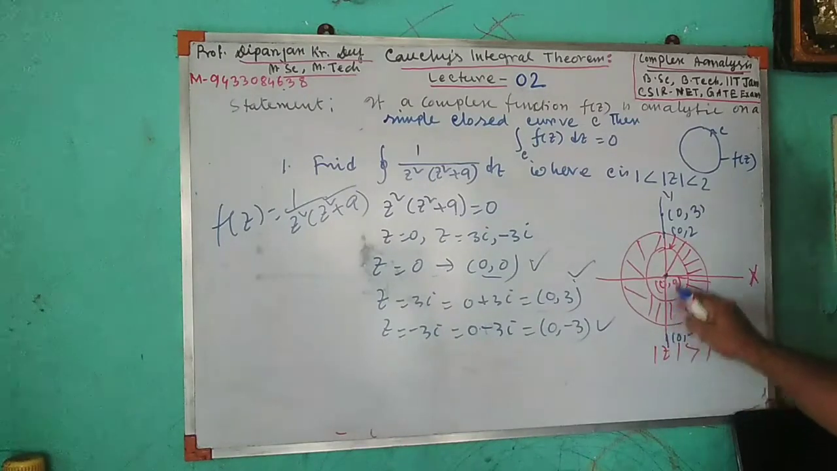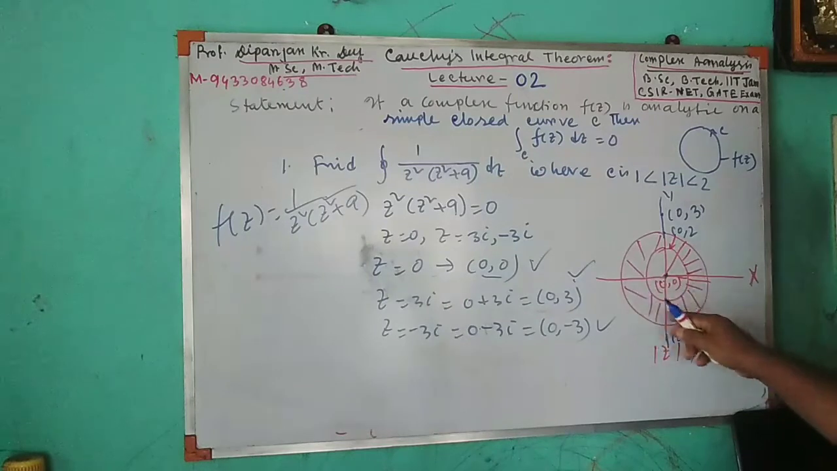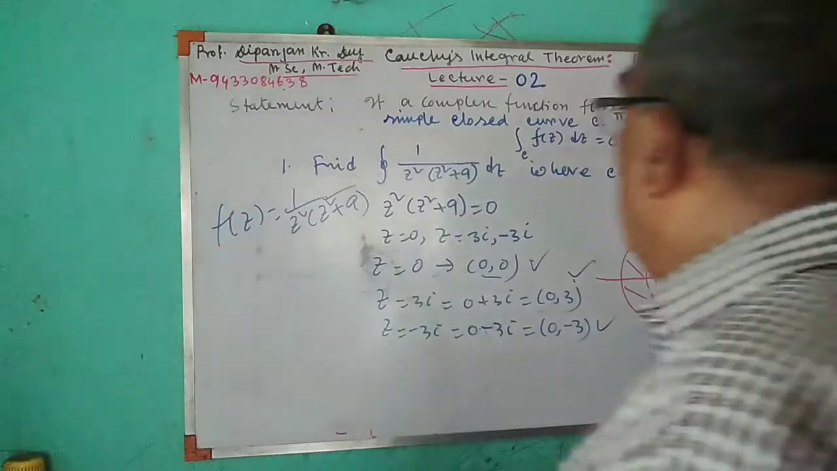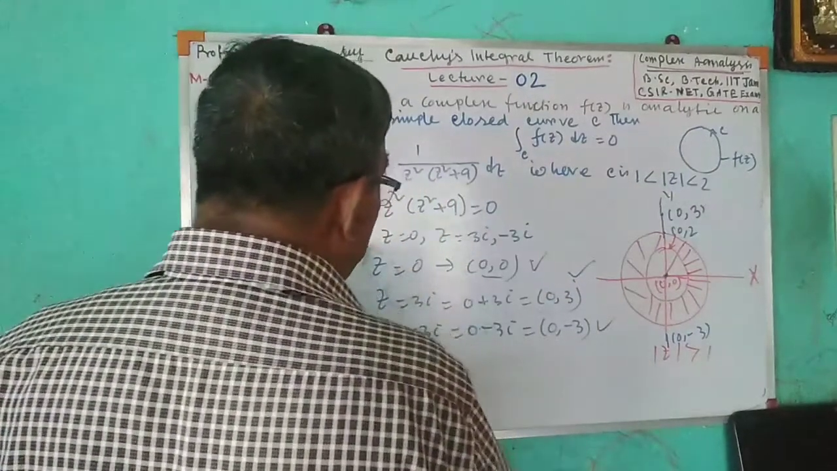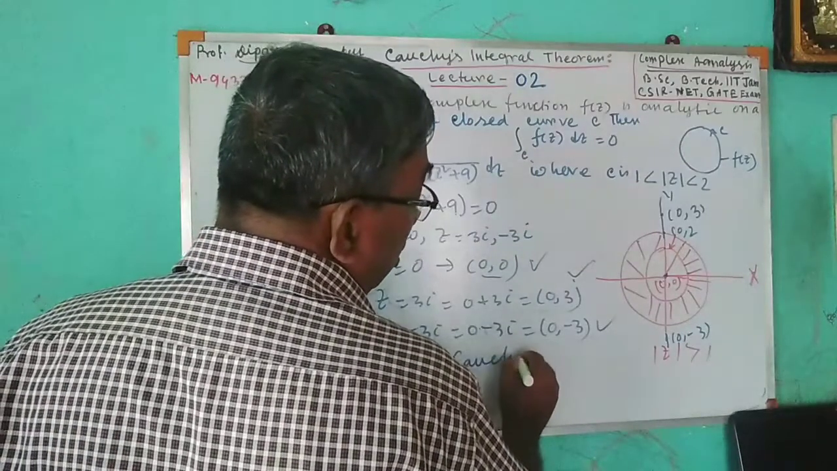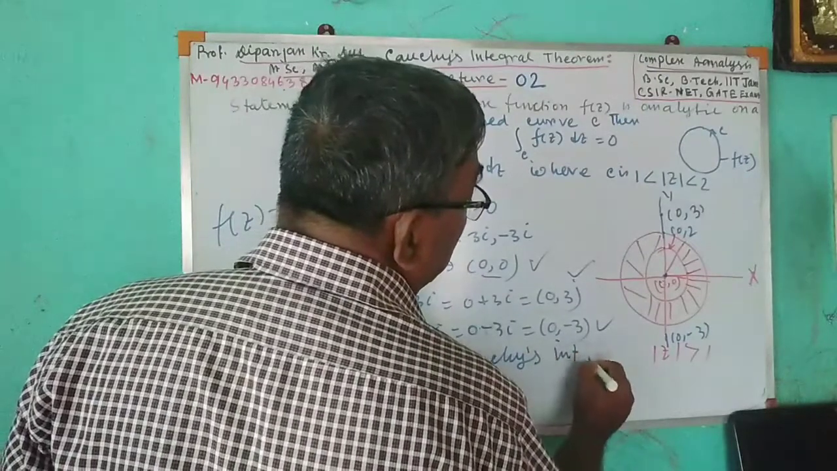These two points lie outside the circle, and this point at the center is not inside the shaded region. Therefore, by Cauchy's integral theorem,